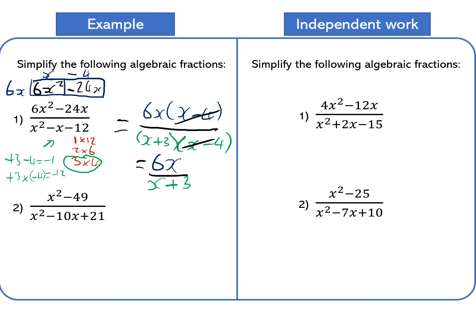Let's look at our next one. Now, do I box that up? Well, my clue is that 49 is a square number, and if I consider the square root of 49, that will be plus or minus 7. Square root of 49 is plus minus 7. So my numerator will be x plus 7 and x minus 7,